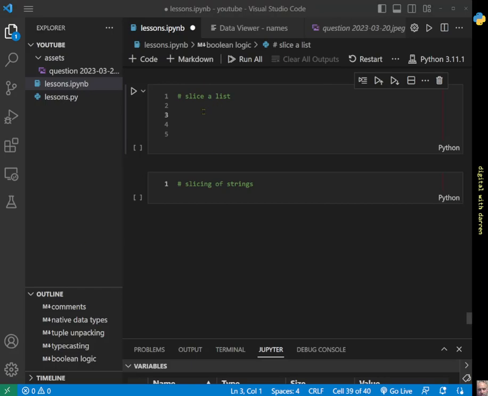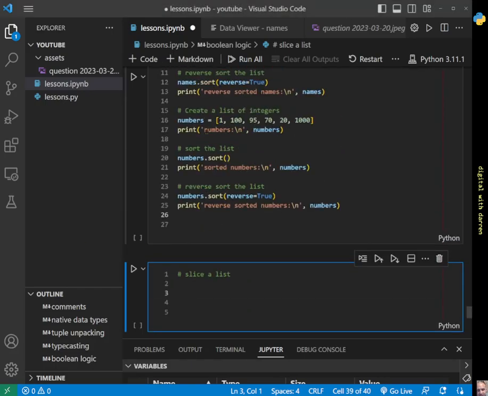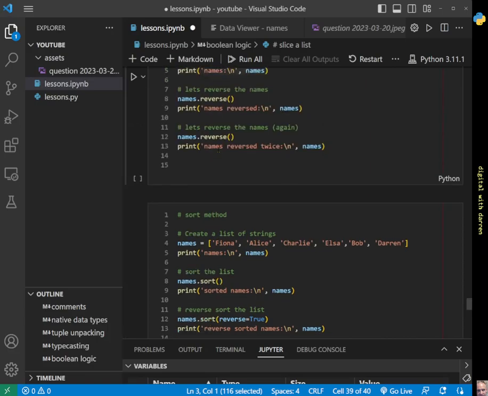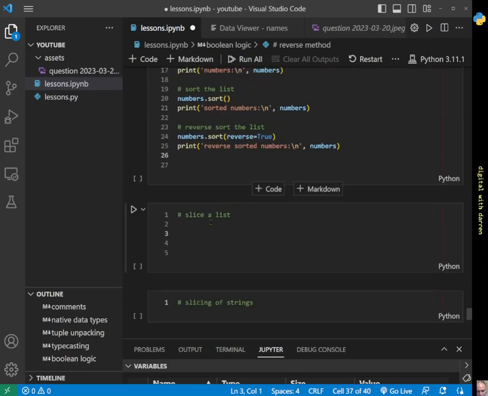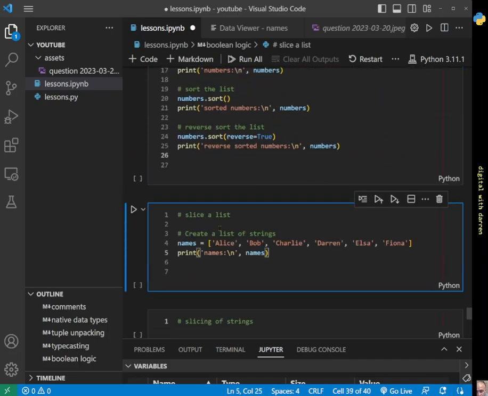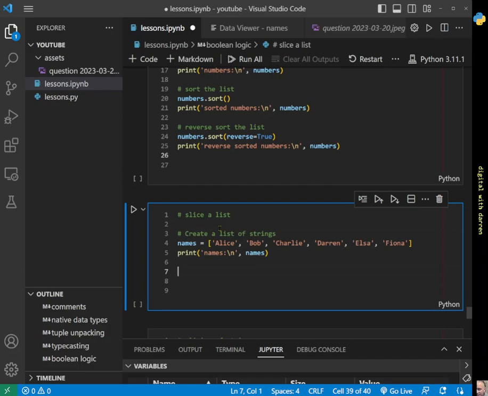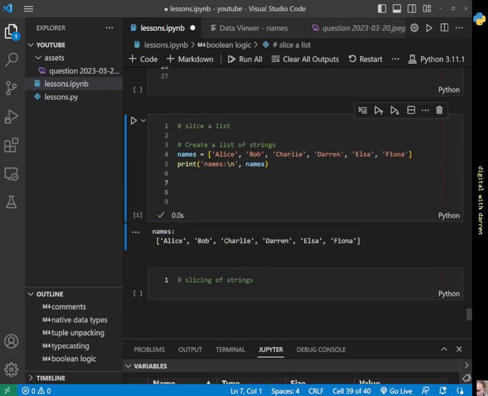So now we're going to look at slicing a list. Let's just go get a list. We'll get a nice ordered list rather than an unordered one. We'll get a list of strings just for something to work on, like this. I'm also going to copy out a general pattern, but let's just run this actually. So we've got our list of names: Alice, Bob, Charlie, Darren, Elsa, and Fiona, and we're going to attempt to